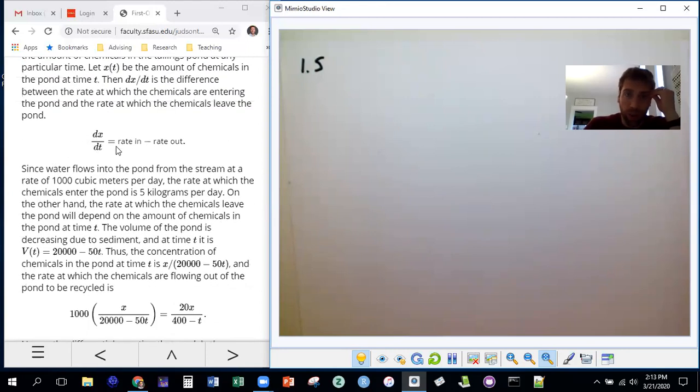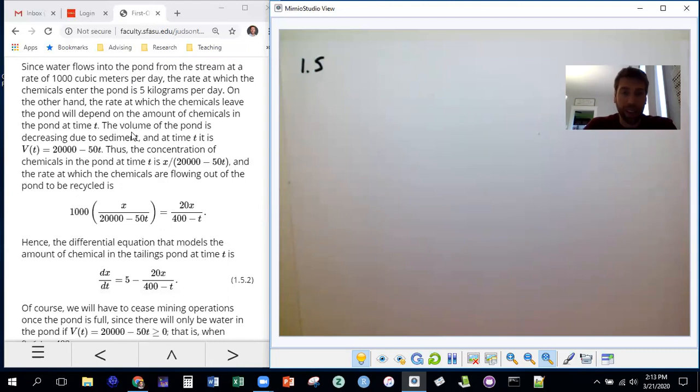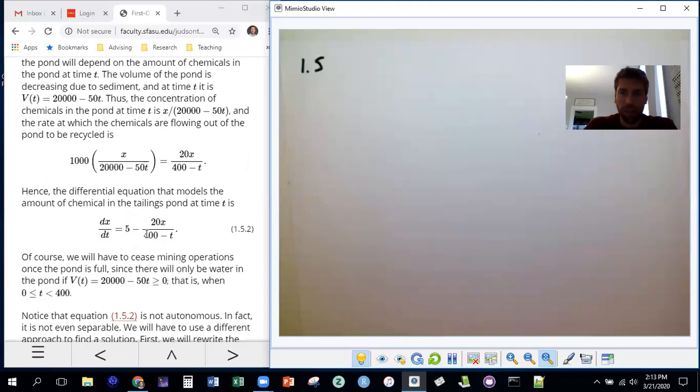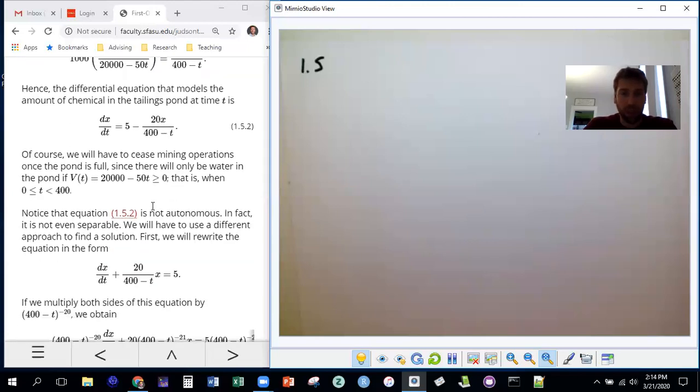The derivative is rate in minus rate out. It happens again and again in this class. And so then you figure out, well, what's the rate in? That's 5. And the rate out is kind of a fraction of the amount in the lake. And then the volume of the lake is getting smaller with respect to time. So then you can write it,